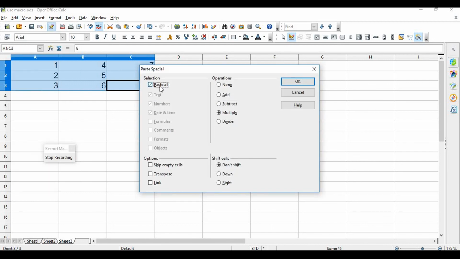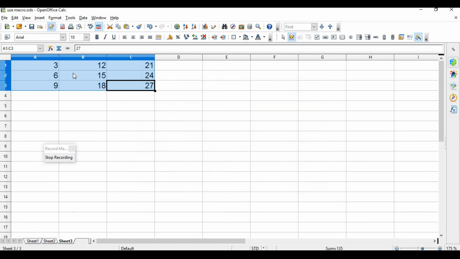Here you select paste all option and then multiply and click on OK. Once you click OK, you will get the changes in all the cells you selected: 3, 6, because 3 times 2 is 6, 3 times 3 is 9, 4 times 3 is 12, 5 times 3 is 15, 6 times 3 is 18, 7 times 3 is 21, 8 times 3 is 24, and 9 times 3 is 27.